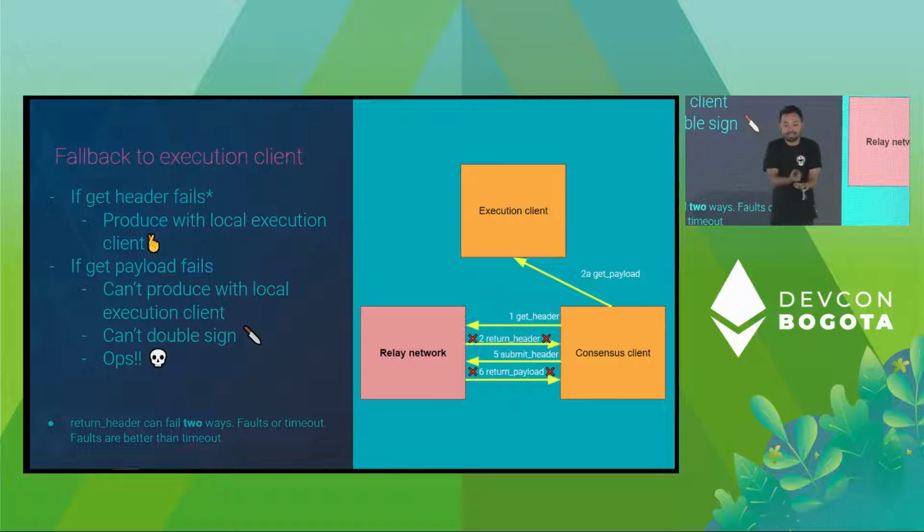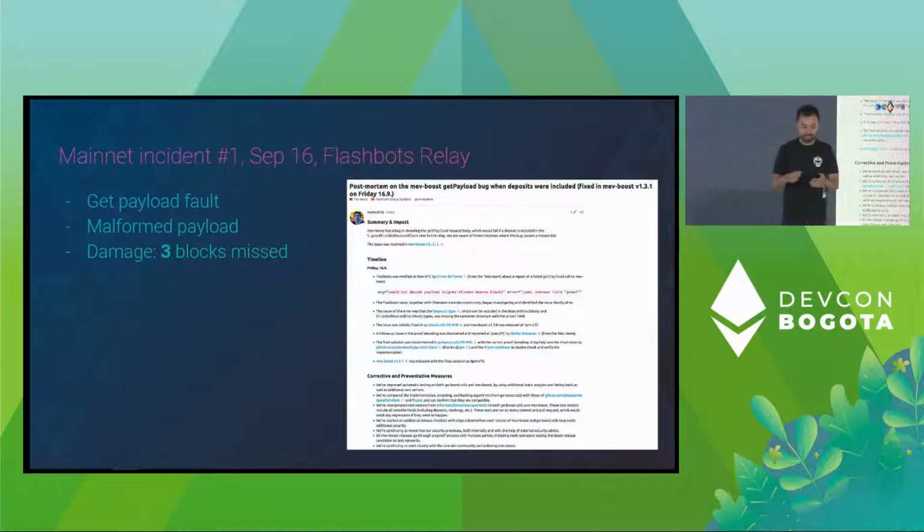If it times out, it kind of sucks because you have to wait for them to time out. You wait for them for a second. Then you lost a second of your precious time there. So let's go through some mainnet incidents. I don't want to sound like I'm pointing out their faults, but I do think it's important to go over these types of incidents so that we can learn as a community, right?